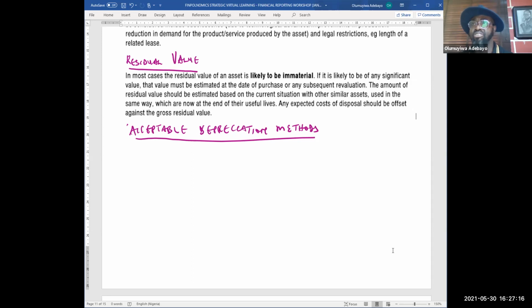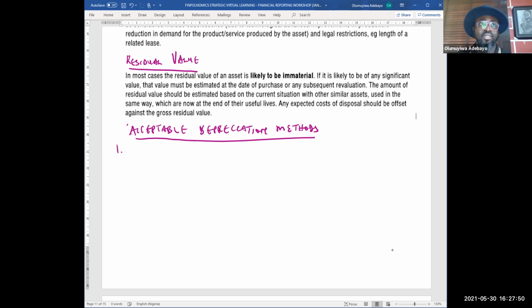It is left to the judgment of the management to determine what depreciation method reflects the pattern of consumption of an asset, reflects the way and manner an asset is put to use. But one thing that is clear there is that the depreciation method you have adopted must be used consistently, which means the first factor to consider